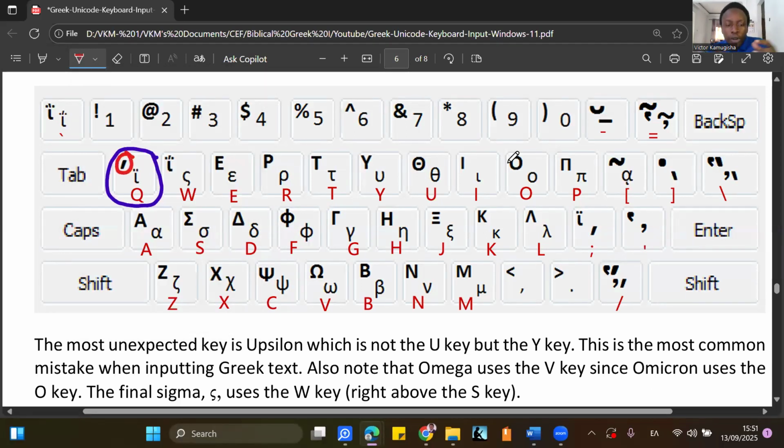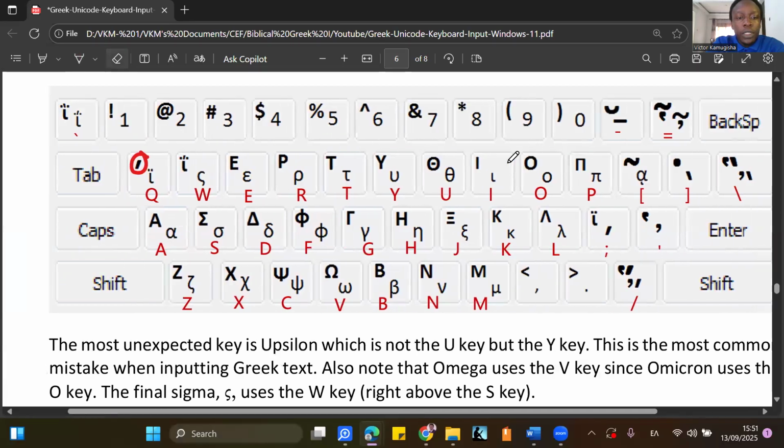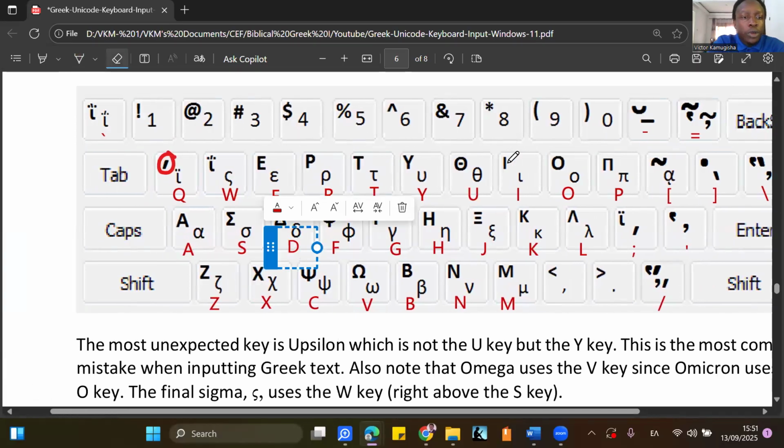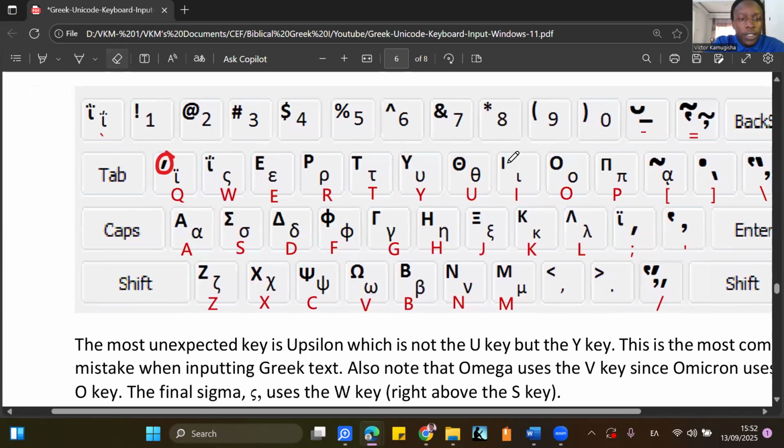When you just press the Q key and you press a vowel, it will insert that particular mark on the vowel. But now this same key can be used to